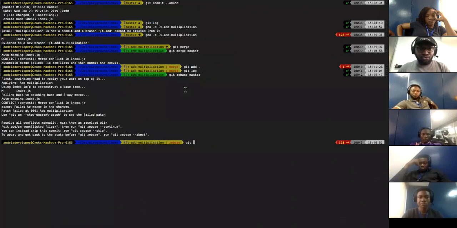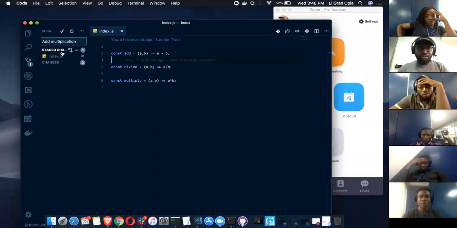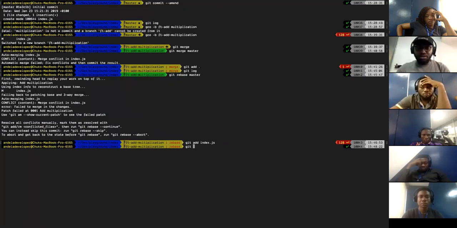What you need to do is git add. You fix your merge conflict. You do git add. Git add dot basically adds all your files. But if you want to add a particular file, you can do git add index.js, right? It's the same thing. Now that you've added your changes, it has gone from merge to stage. What you need to do is you run git rebase